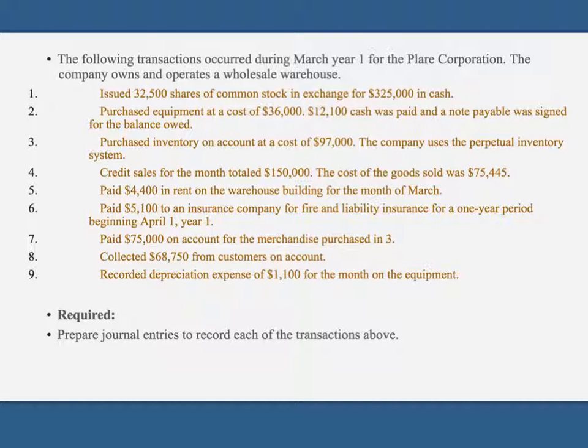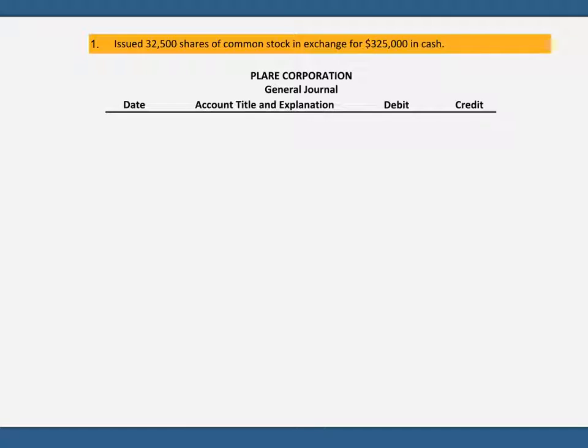So you see we have 9 transactions here that we're going to record journal entries for. I'm not going to read through each one right here. You'll see each one separately on the following screens. Okay. This first transaction tells us that the corporation issued 32,500 shares of common stock in exchange for $325,000 in